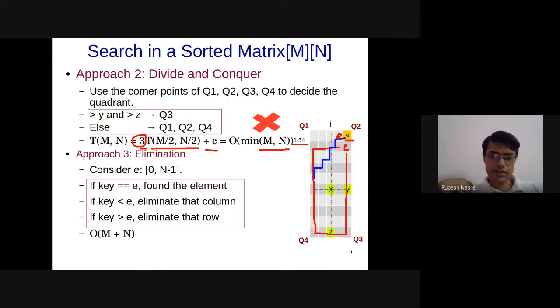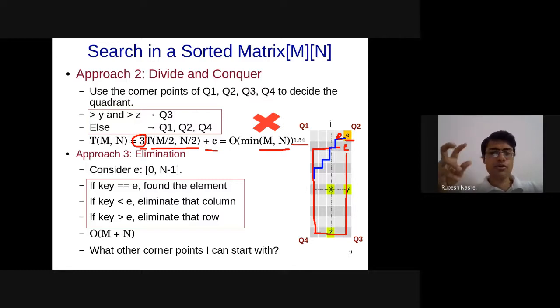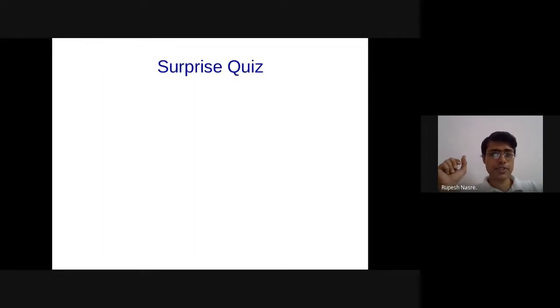Any other concerns here? Okay, what other corner points can I start with? Definitely Q4. You can also start from Q1, Q3 as we discussed, just that you will have to keep track of multiple quadrants. All right, since I suggested that I'm going to have a surprise quiz,